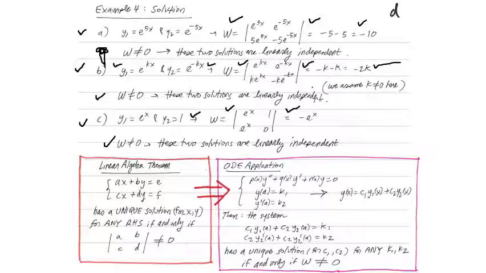For a little bit of context and explanation of what's going on here, the student hopefully has encountered this important theorem from linear algebra. It's usually stated in much more general form than this, but for now we only need the form of the theorem for a 2 by 2 linear system. The fact is that a 2 by 2 linear system has a unique solution, in this case for x, y, which is what we would be solving for. That system has a unique solution for any right-hand side if and only if the determinant of coefficients is not